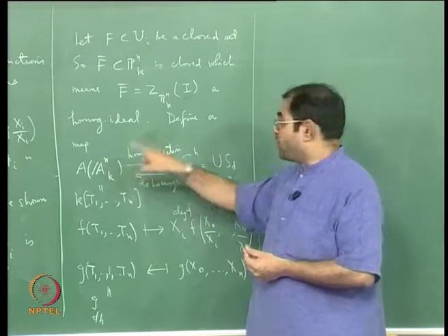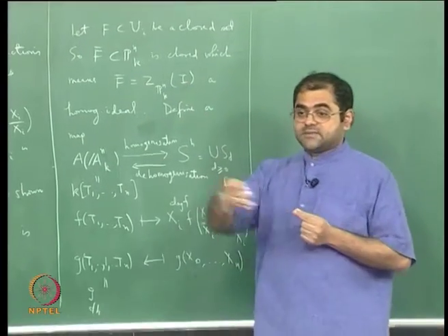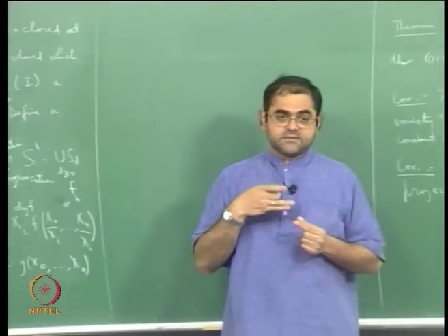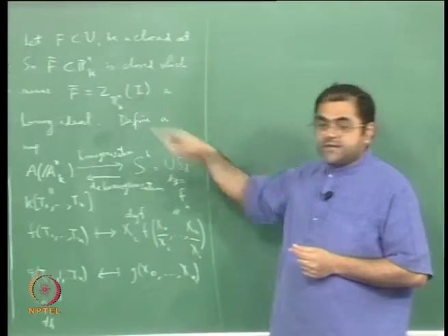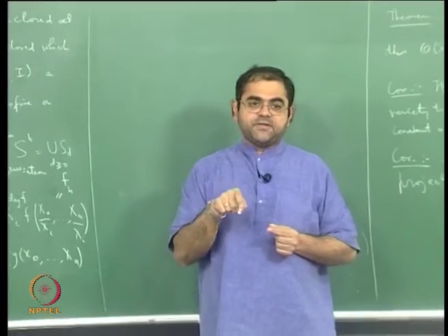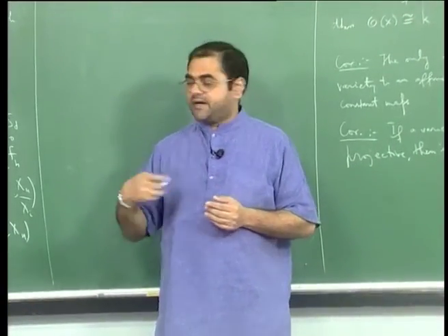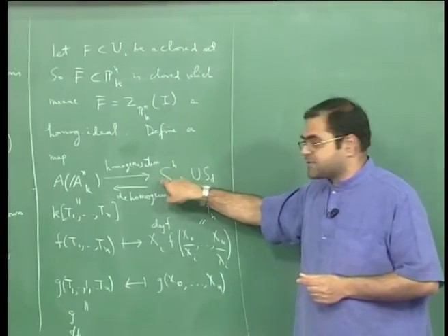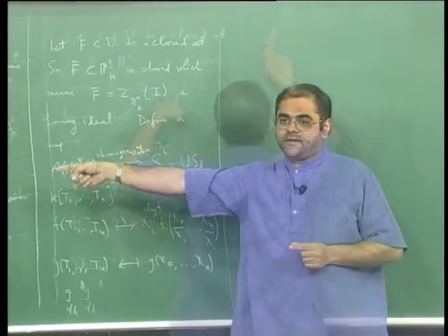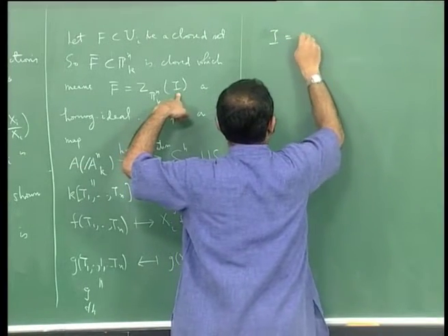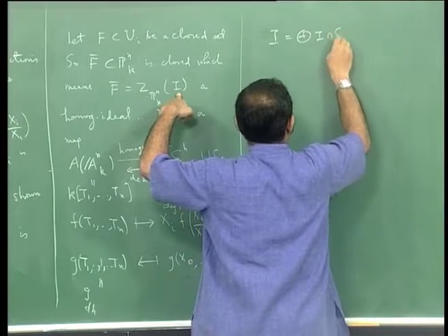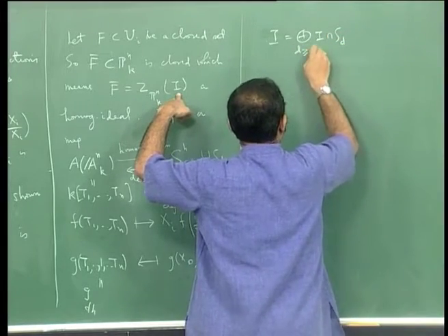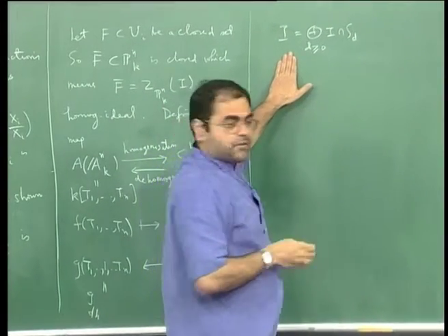Okay, so essentially the map is only from the homogeneous elements to the homogeneous elements. So this ideal breaks up into a direct sum of its homogeneous pieces, and so the ideal I is equal to the direct sum of I intersection SD, d greater than or equal to 0, and each I intersection SD is a subset here, and I take its image there. This is because I is homogeneous.